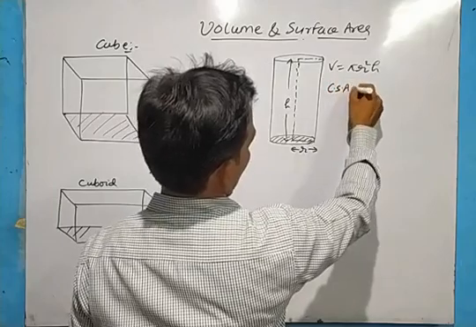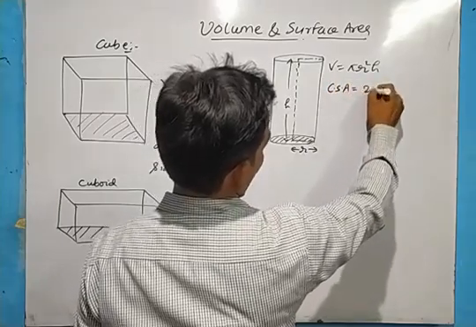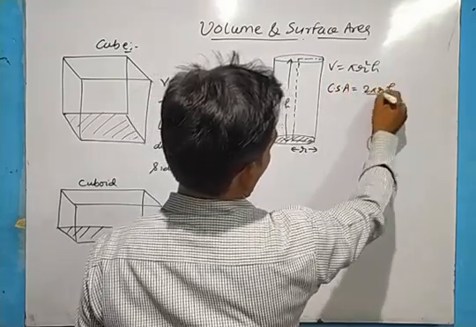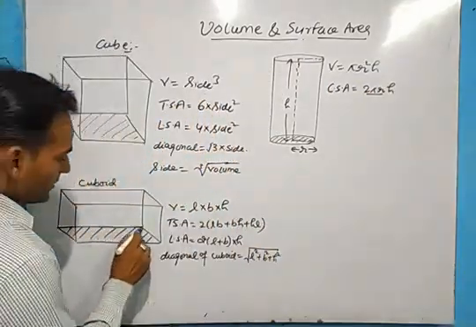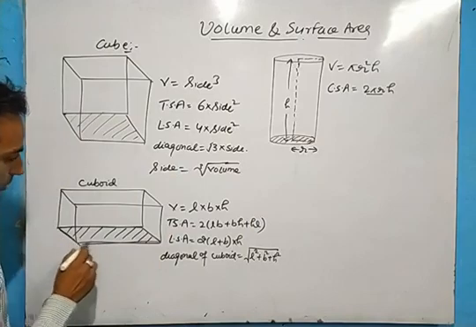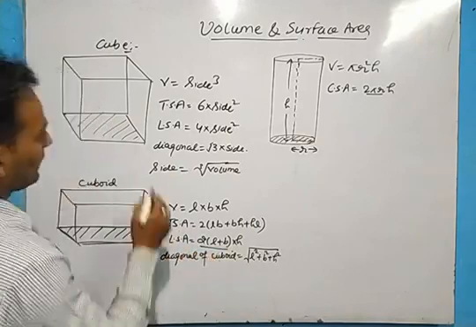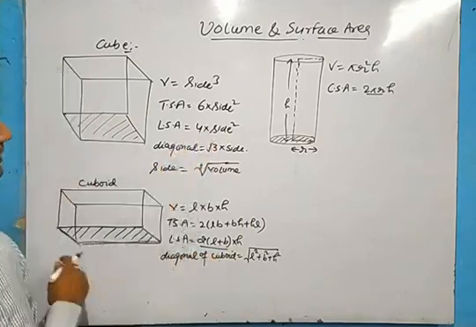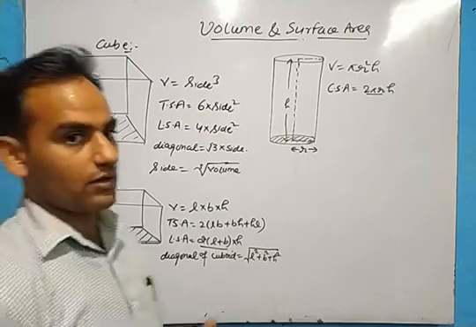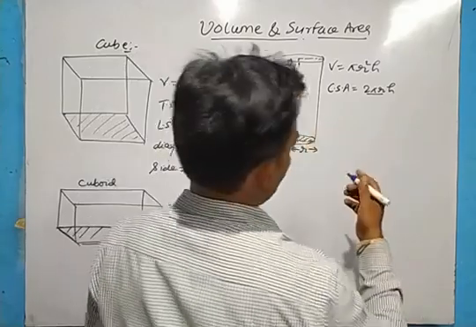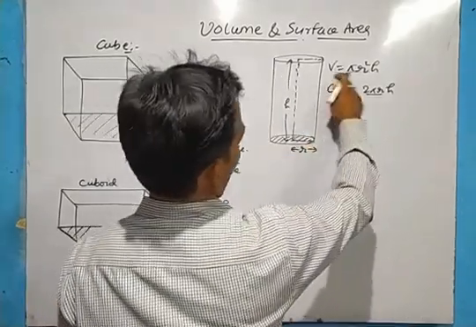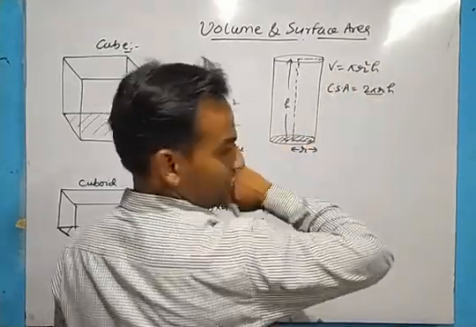So volume will be pi R square. In cylinder we take curved surface area, 2 pi R into H. 2 pi R is what? Circumference of circle. 2 into (L plus B) into height, here 2 into (L plus B) is what? Perimeter. And 4 into side square is lateral surface area; 4 into A is what? Perimeter. Into A is what? Height. So one observation is there. Let us check first. So volume pi R square H, curved surface area is 2 pi RH.